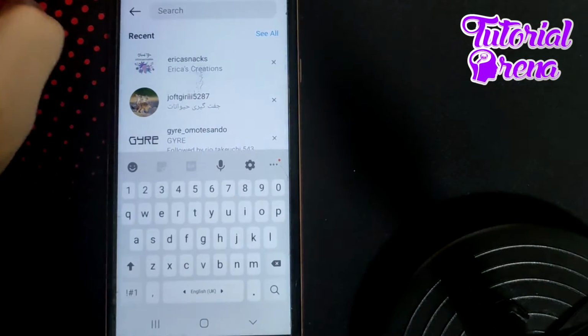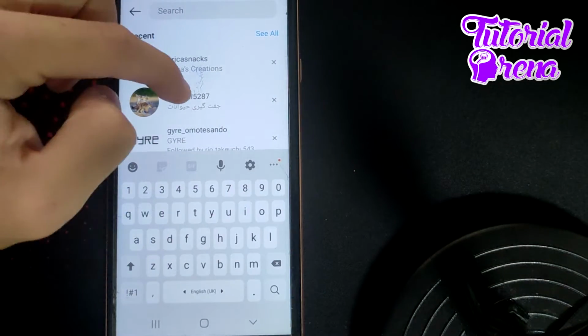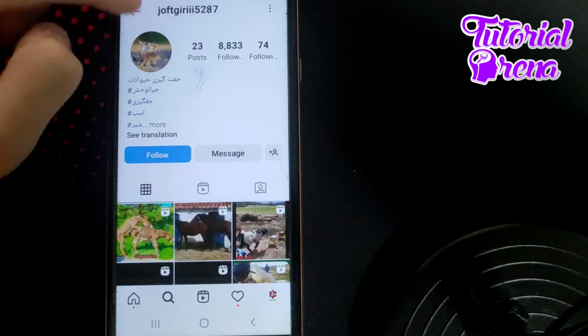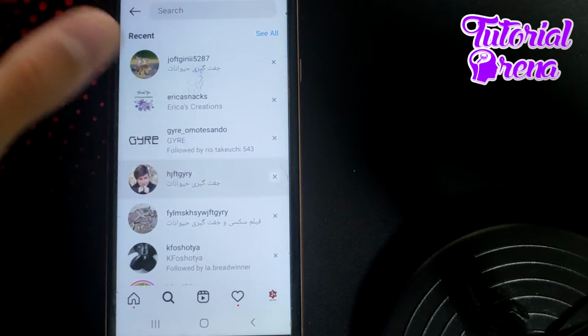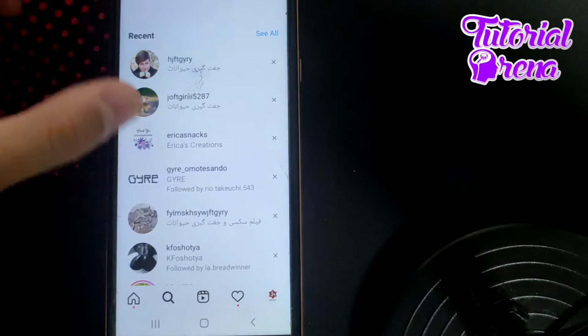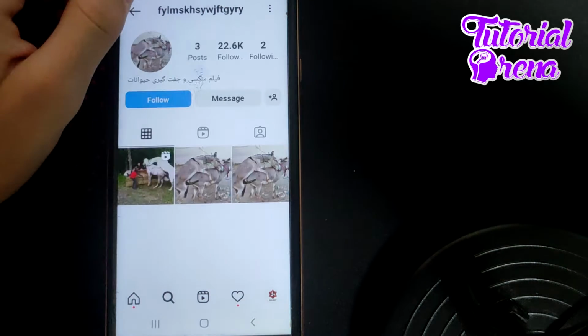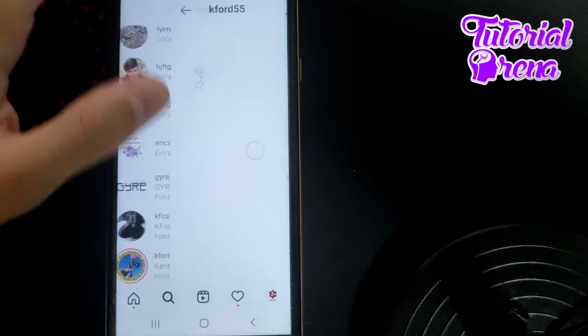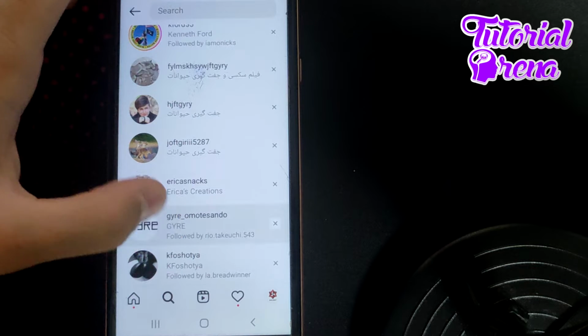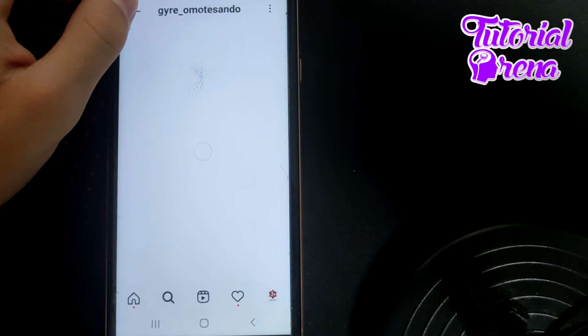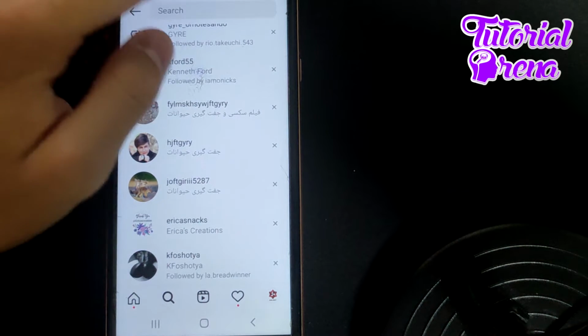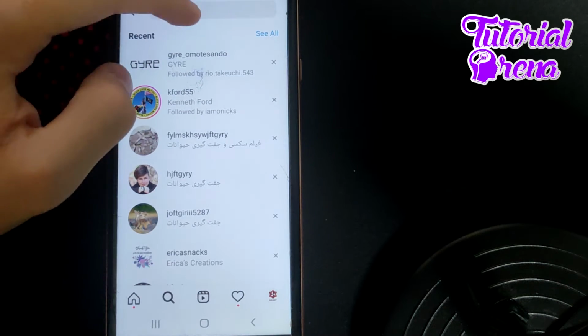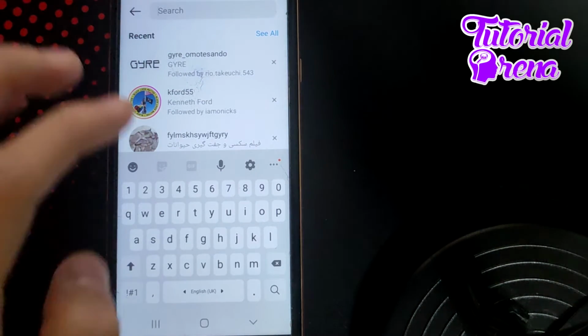Then from here you can check it out and find an account related to your interest, and from there you need to find an account which is private. As you can see, all these accounts are not private, they are public, and this is why I'm trying to find some of them. And yeah, I cannot find it from there, and this is why I'm going to